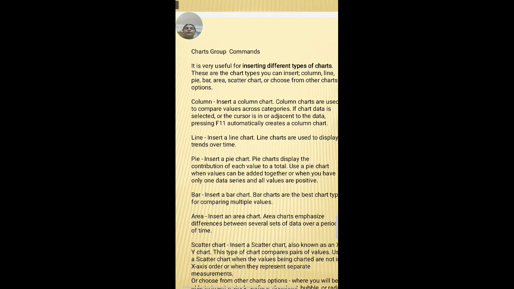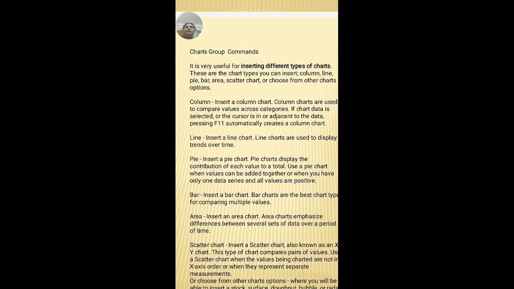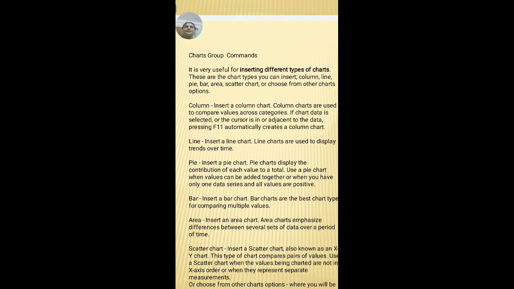This group is actually used to insert different types of charts, like column, line, pie, bar, area and scatter charts, in the Excel sheet.